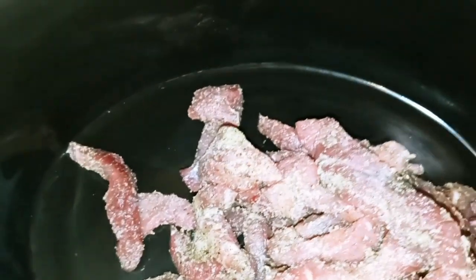Okay guys, once your meat is thoroughly coated, all you want to do is put it into the crock pot and put your sauce over top. All I'm going to do is move the meat around in the sauce so it's all coated. And then we're going to put the crock pot